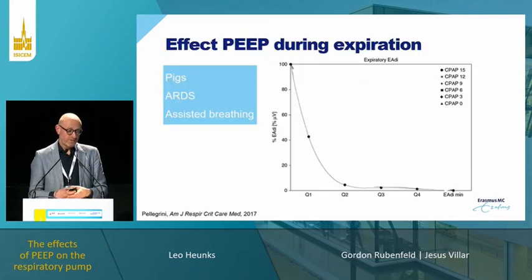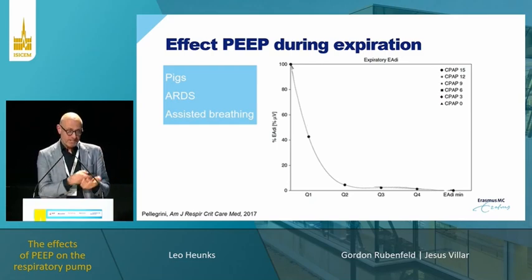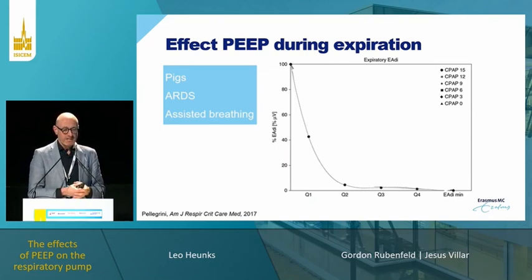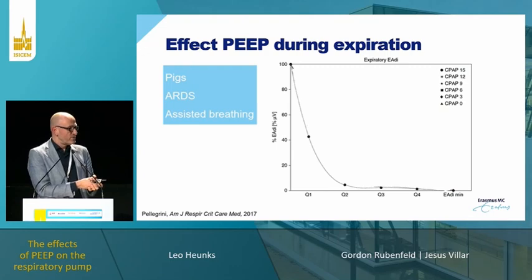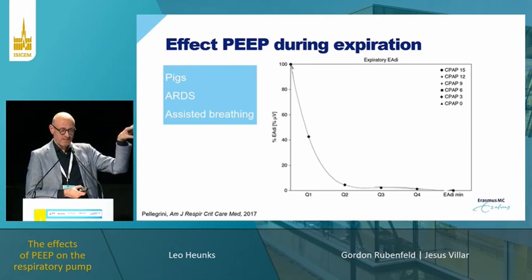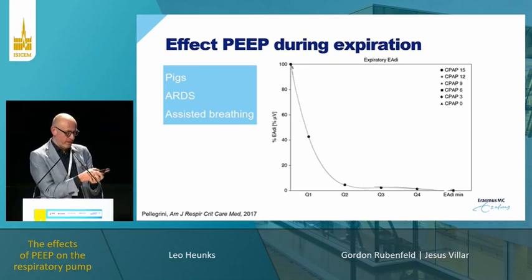And this is also a very nice experimental study published a couple of years ago in the Blue Journal. Pigs with ARDS: on the y-axis, electrical activity of the diaphragm, and on the x-axis, time of expiration. So this is a single expiration divided into quartiles. In this pig at 15 of PEEP, you can see there's a rapid decline in electrical activity of the